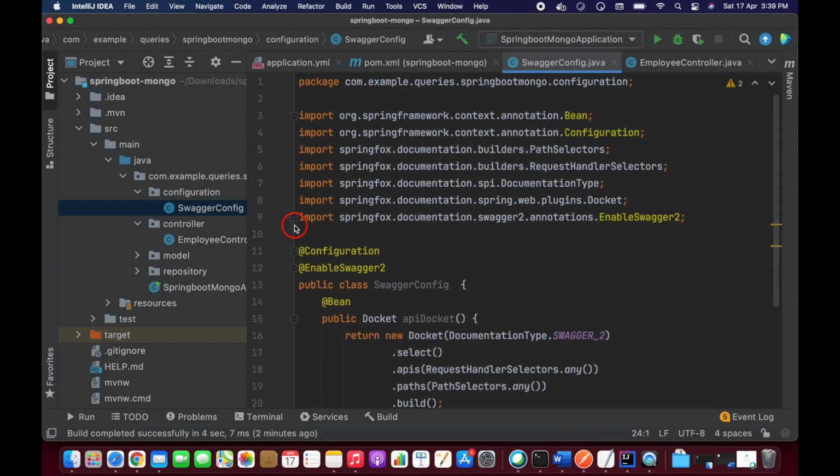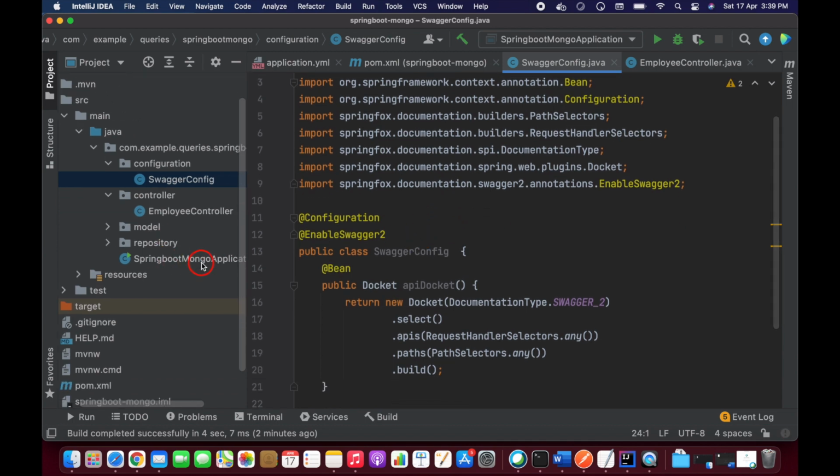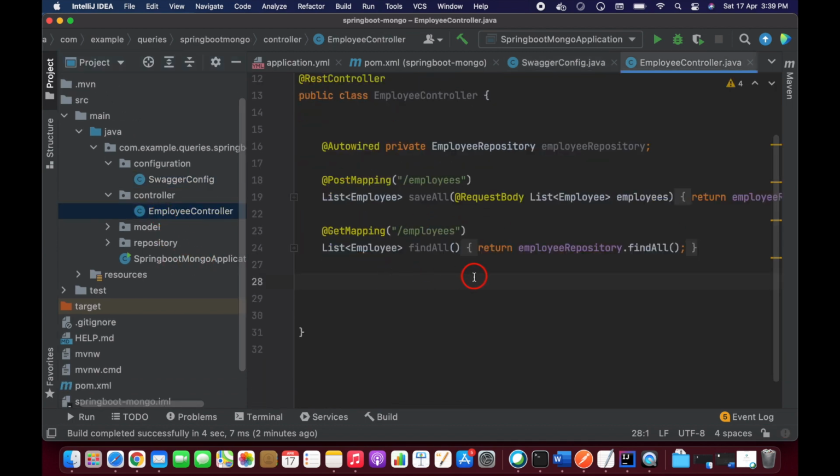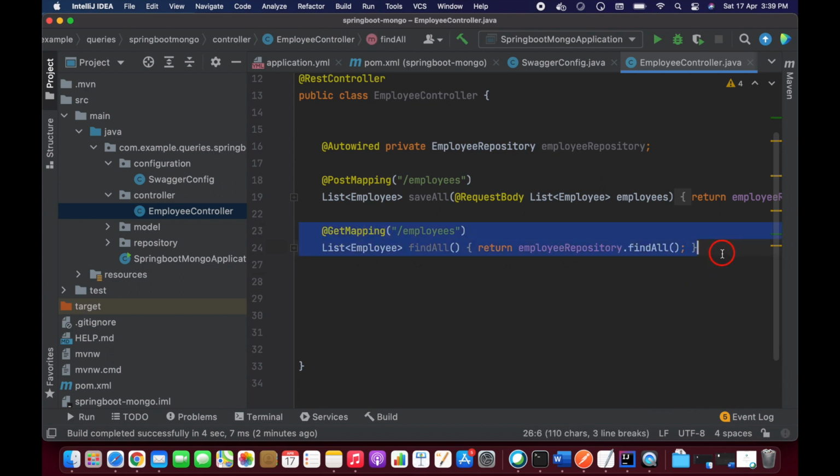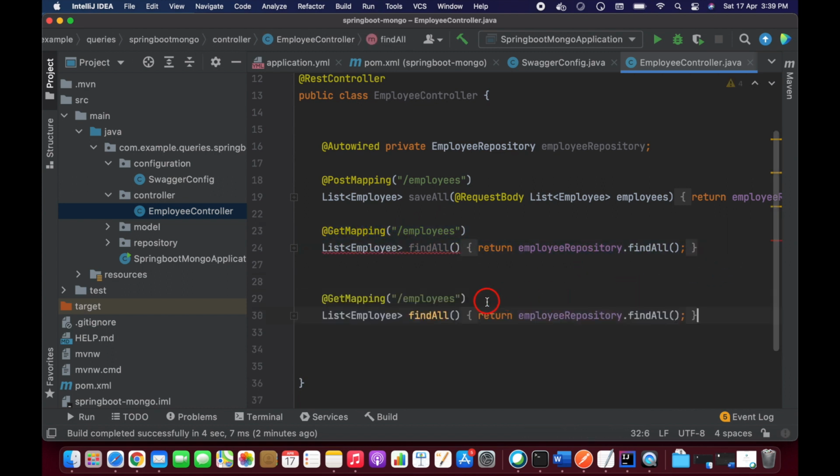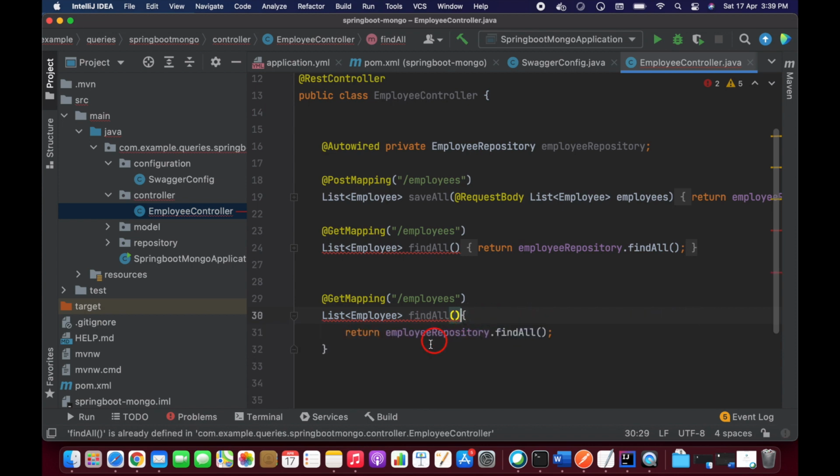It's ready, guys. Now what I'm going to do is add one method. Let's copy this, guys, and let's remove this return statement.